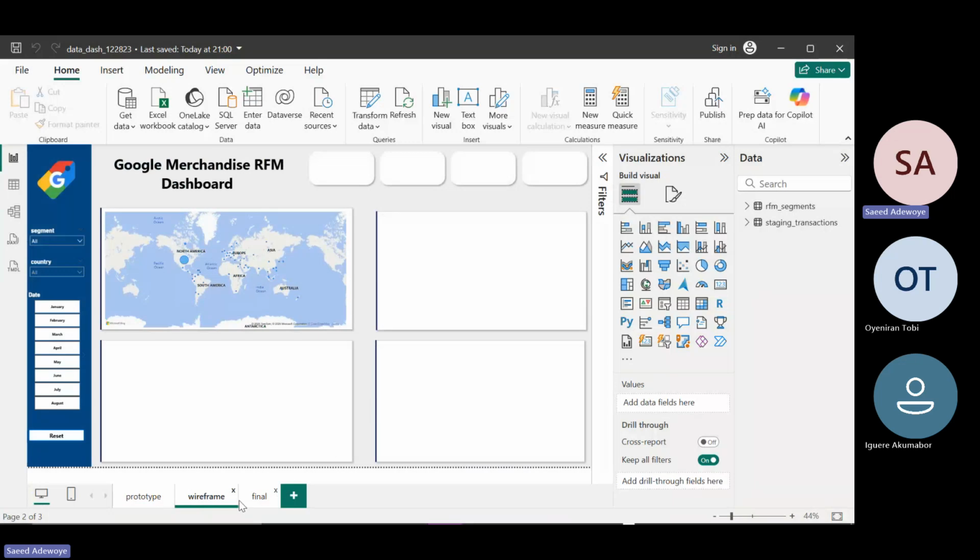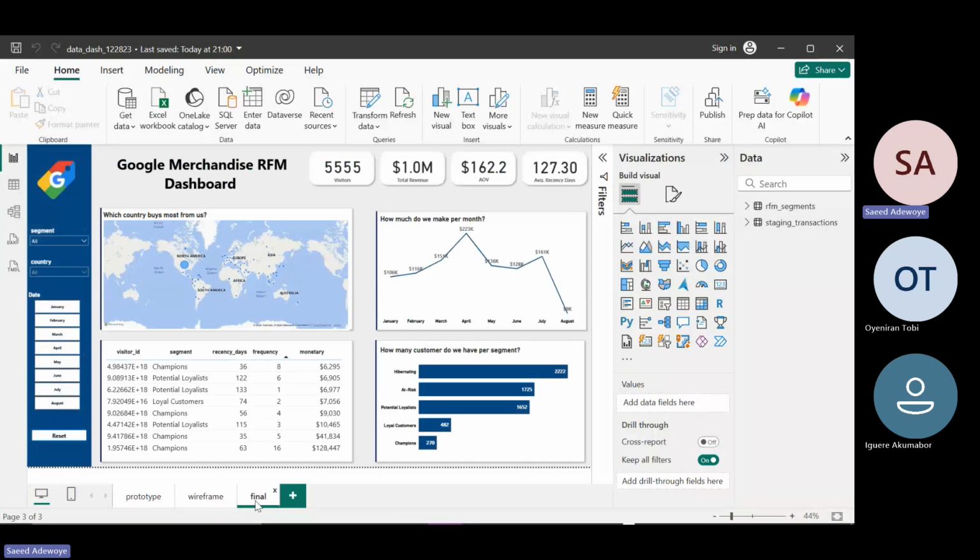Dashboarding, as we said earlier on, is very key and vital for a data analyst. Just imagine all the queries you've written in MySQL, all the data cleaning processes you've undergone in Excel and everything. What you show as the end goal or end result, where you bring all that hard work into play, is how your dashboard is presented.